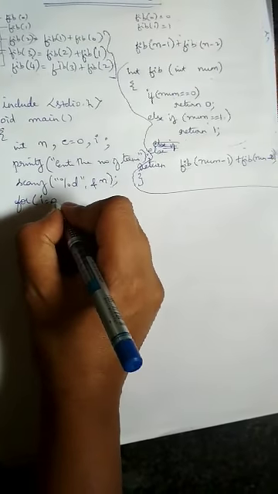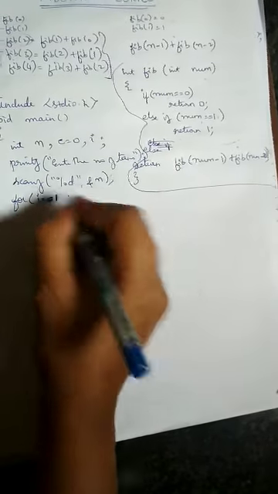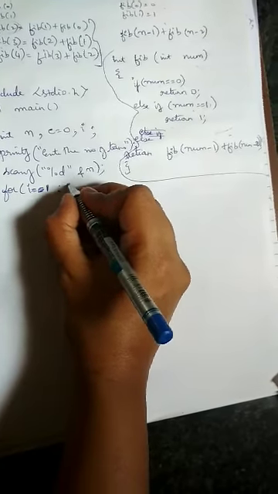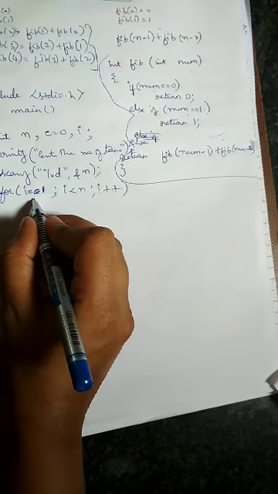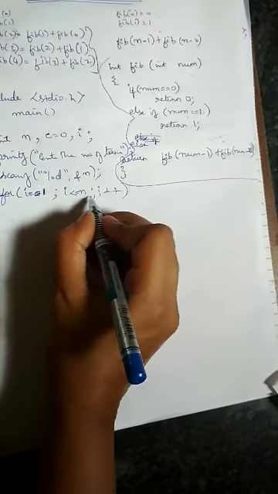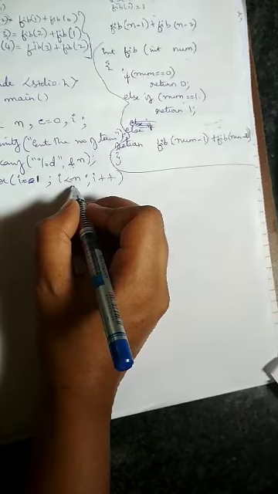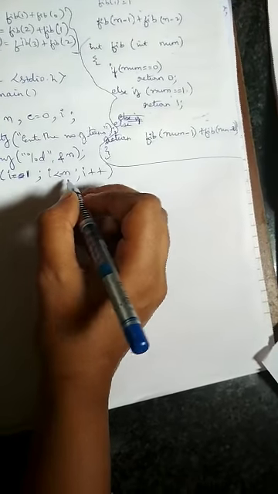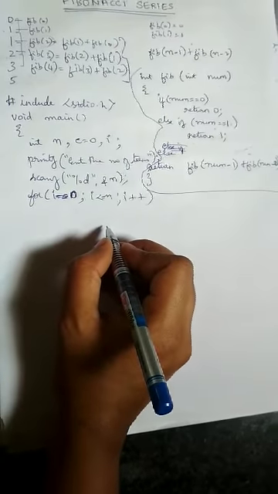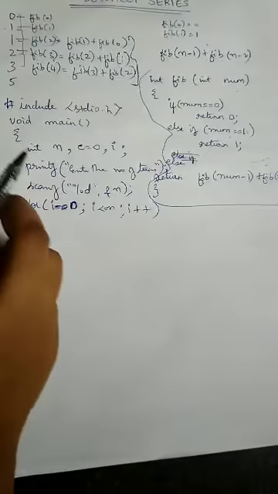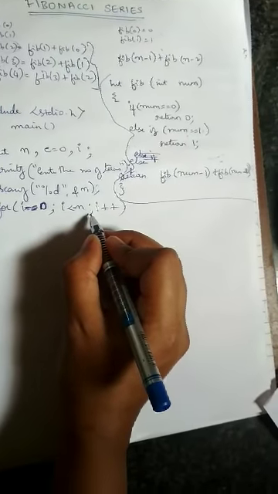So I can keep writing inside for loop for i is equal to 1, i is less than n, i plus plus. If I want, I can just write it as i is equal to 0, i is less than n, i plus plus. If I am starting it from 1, I have to write it as i is less than or equal to n. Okay, so let us start from 0, because we are trying to print it from 0. See, the series is starting from 0, so let me write it as 0 only. Okay, so till we got that number.